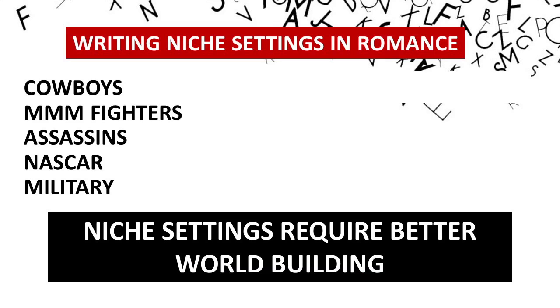Okay, so I said romance doesn't really require a whole lot of world building. However, romance does have a lot of subgenres. Things like sexy cowboys, or sexy cage fighters, or sexy assassins, or sexy race car drivers, or sexy Navy SEALs, right? Insert sexy in front of everything and given an occupation, and romance has a genre for it. So if you're going to write cowboys, right, you've got to know your way around a cowboy, okay? So you have to build that little cowboy world. Same thing with all the rest of these.